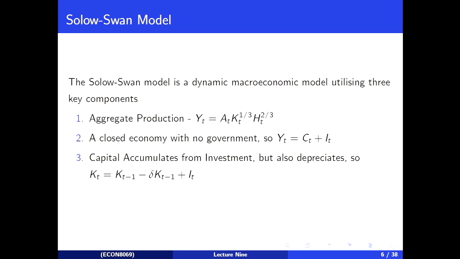Every period we make income Y sub t, that's point 1. Point 2 says with that income Y sub t, we either consume it or invest it into future capital. And point 3 talks about how our stock of capital evolves over time. Capital is what we call a stock variable, because we think of it as a big pile of capital, and next period we have a similarly big pile of capital, and the period after that as well. Whereas with income, we are thinking about income coming in and going out every period.